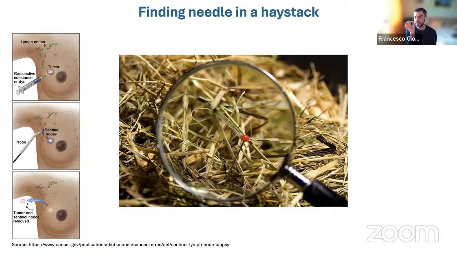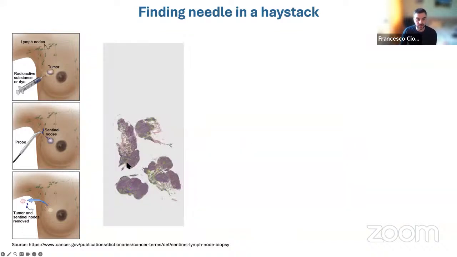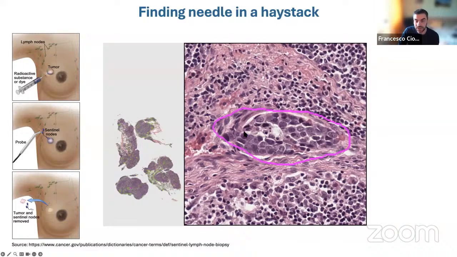And you can imagine that the metastasis can also be a bunch of tumor cells, and that's why this is essentially like finding a needle in a haystack. So this is a section of a lymph node, and there is a tiny metastasis here. I don't know if you can see the purple dot here. It's just a bunch of tumor cells, but finding this metastasis can really change the way the patient is treated. So it's really important to do it, and it's very easy for pathologists to overlook it.